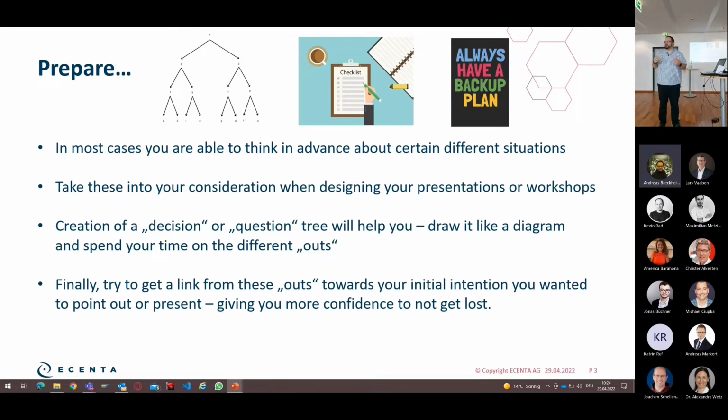So it's not like you're looking to make things up or your inspiration is coming from somewhere and you just speak. No, you have to go with a decision tree, which means if a decision is taken, you are automatically knowing what you should ask, what you should say next in order to guide the next part of the conversation into a certain direction. And we will do an experiment here with some of you,